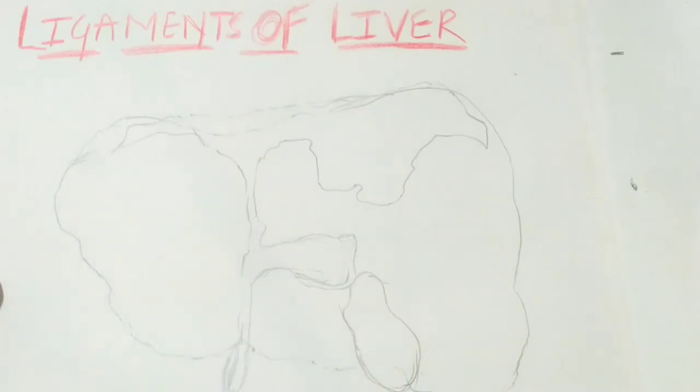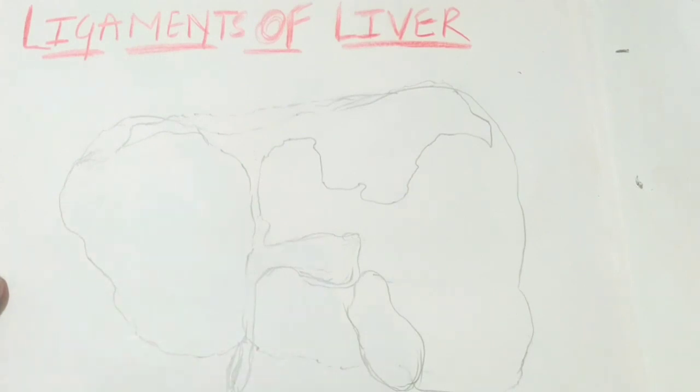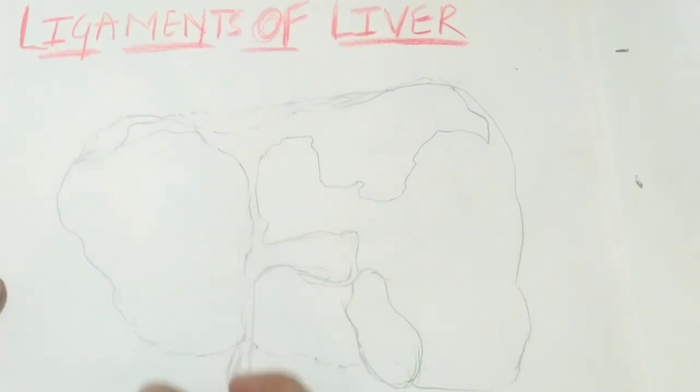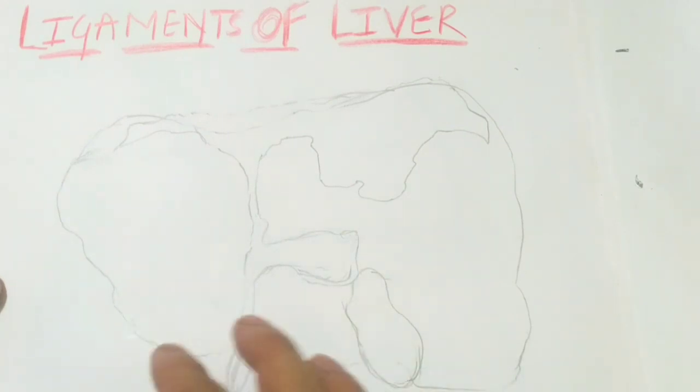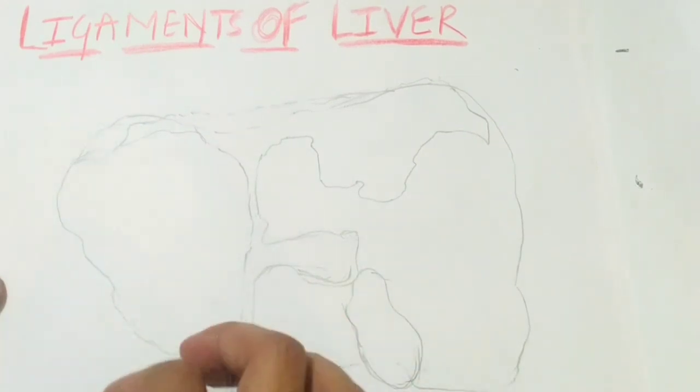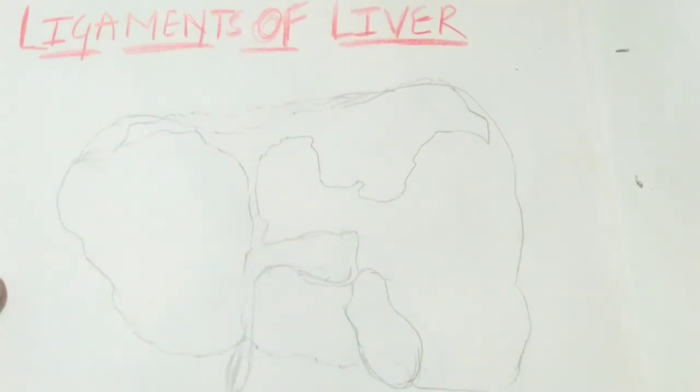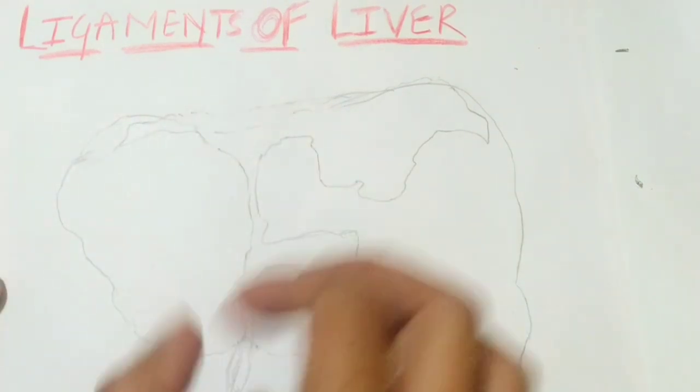So now in this video, we are in the third video in the topic of our liver. In this video, we are going to discuss the ligaments of the liver. What are the ligaments which are connecting our liver with the different organs, okay? And the specific ligaments which the liver also has, and some ligaments are connected with your stomach and the first part of the duodenum. So they have the names hepatogastric and hepatoduodenal ligaments, and some ligaments which are present in the liver.